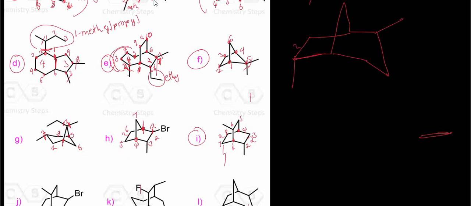This is just 2 carbons, but how many carbons share this side? You have 1, 2, then 3 here. So we have 3, then this side 2. So you have to start from here: 1, 2, 3, 4, 5, 6, 7, then 8. So it will be 2, 6